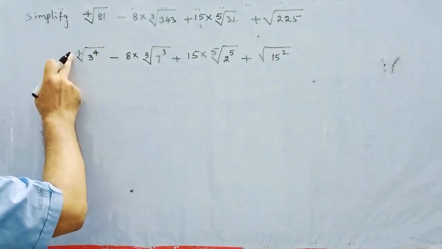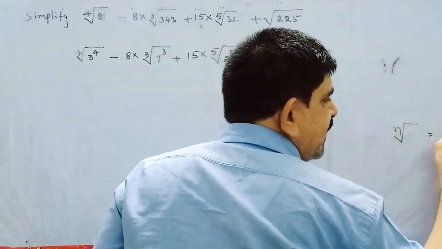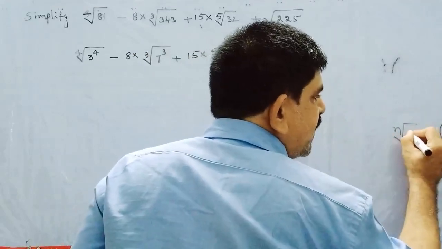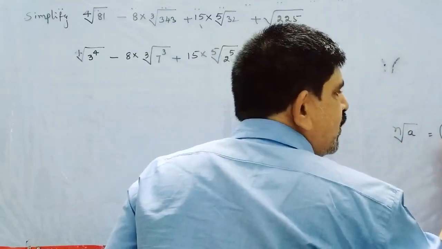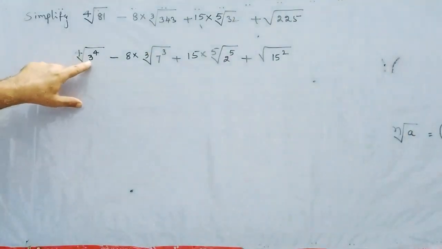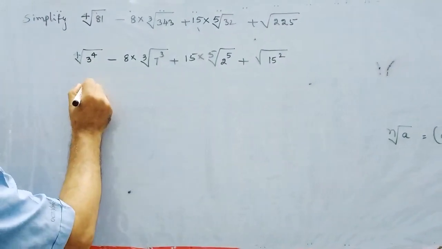So nth root can be written as, the nth root of a can be written as a whole to the power of 1 by n. Okay. Now in the same way we have to write the 4th root of 3 to the power of 4 as 3 to the power of 4 whole to the power of